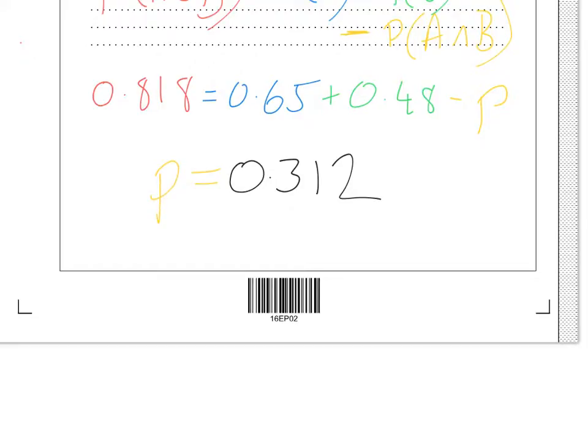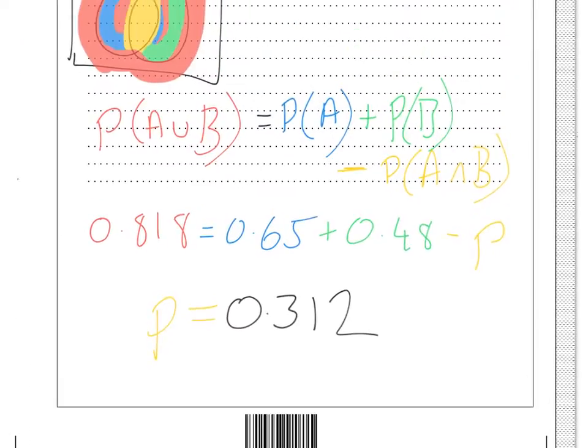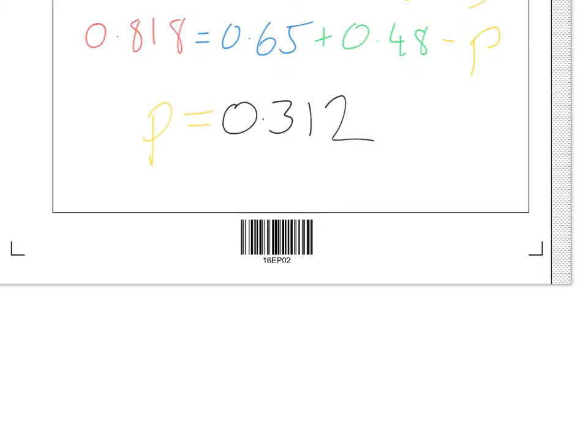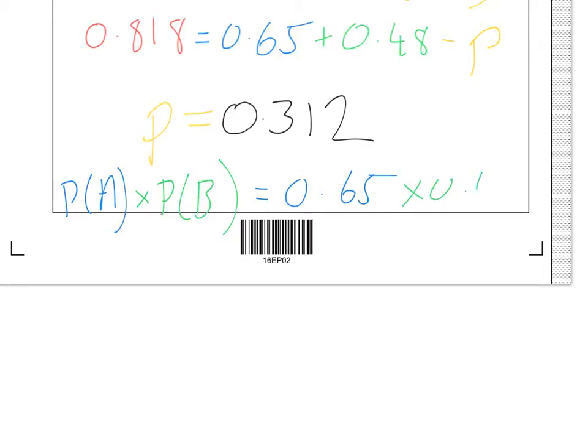That's part A done. Part B asks you to hence conclude that the two things A and B are independent. And the way to do that is to say, well, what's the probability of A times the probability of B? Same colour coding as before, 0.65 times 0.48, and again you need to do that calculation, and if you do, you'll get the answer